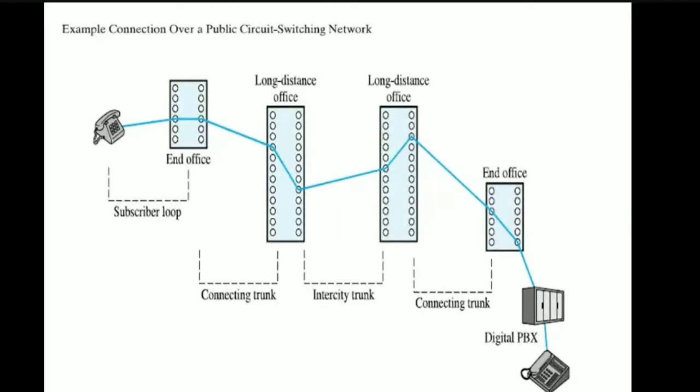Then finally it is being gradually converted to the digital network. So this telecommunication network is one of the best examples of circuit switching network. And there is another well-known example, PBX, which is nothing but private branch exchange, which is used to interconnect the telephones within the buildings or within the office.